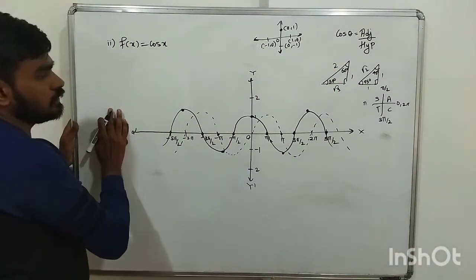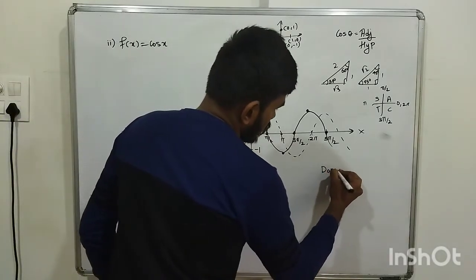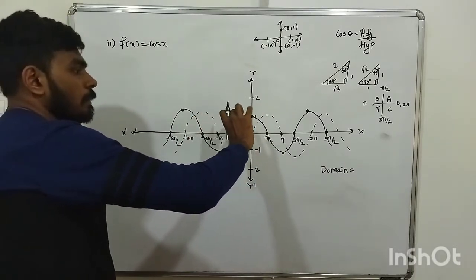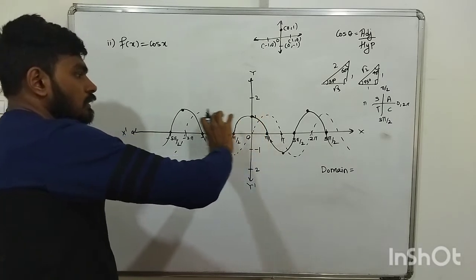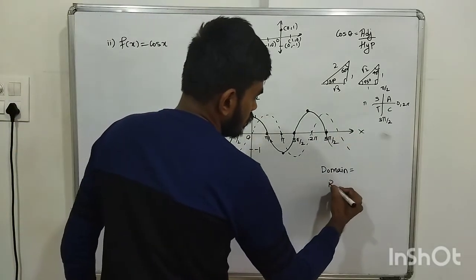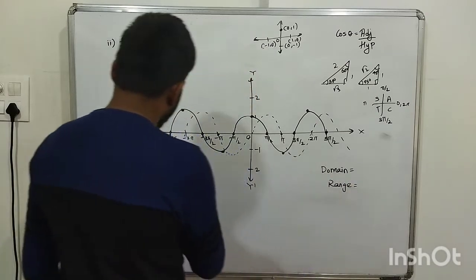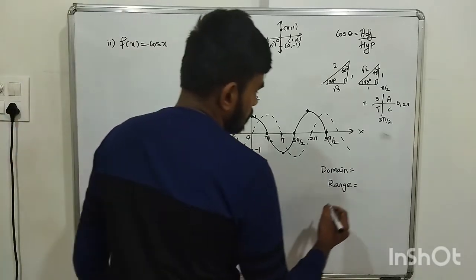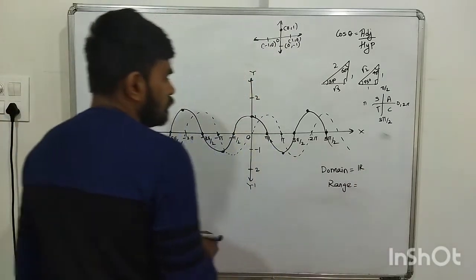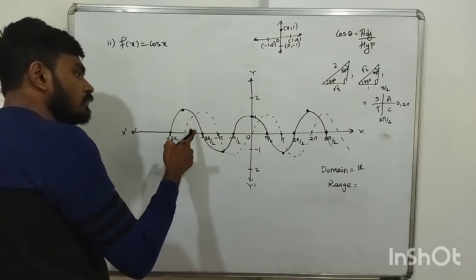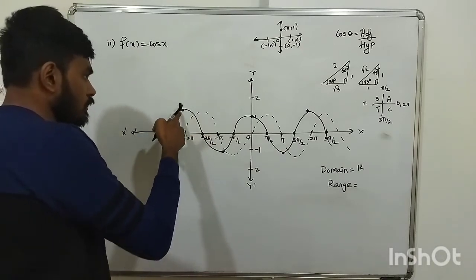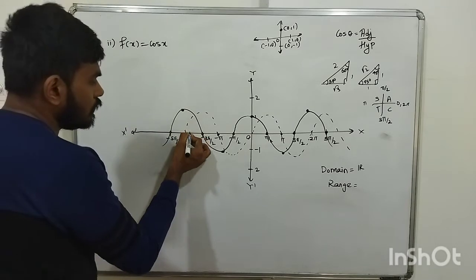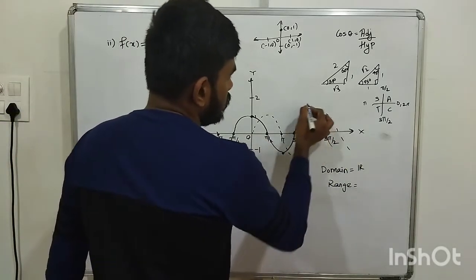Tan curve. F of x, what is the domain and range of this? Again same way as we got for sine. For sine, all these were between -1 to 1. So here also range -1 to 1. And domain, all these values had some value there. That's why domain is set of all real numbers. For any point you take, there is some value at the top. Any point on this line, there is some value on the top.